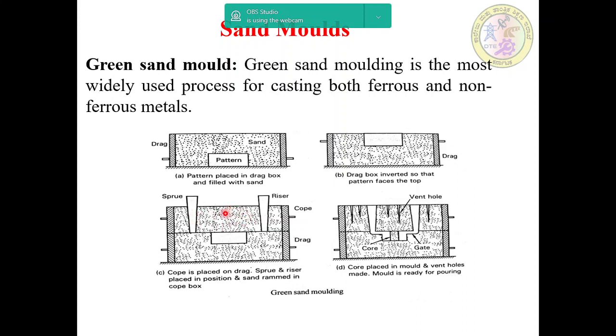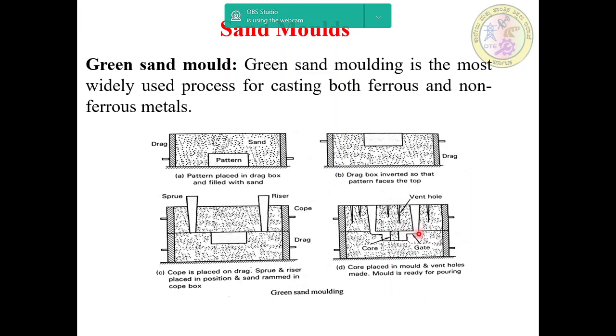After filling the entire sand, now you have to remove the sprue and risers, and by using tools you can cut the gates. I will show this in the sketch. You have to cut the small gates, through which the molten metal will enter the mold cavity. Afterwards, whenever you require some holes or cavities, you can place the core. This is the core part. Then remove this part, cut the gates and assemble.